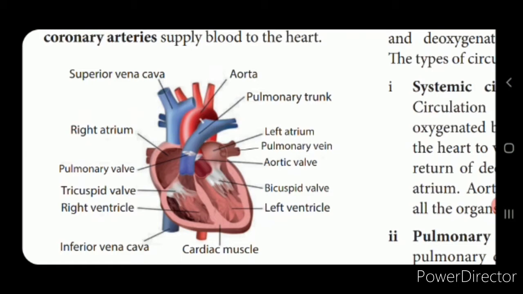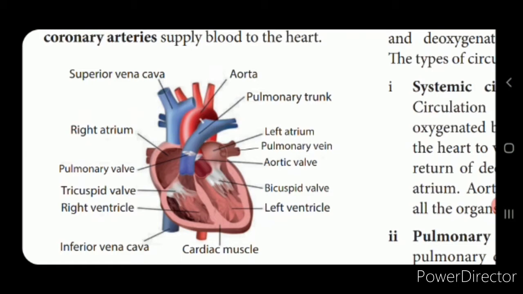Next we'll see the valves that are present. Now these are the muscular flaps, right? A smaller membrane, you can say, divided into 3 types, which are called the right arterioventricular valve, left arterioventricular valve and semilunar valve. So these are the 3 types. Now let's see them one by one. The first one is the right arterioventricular valve. Now this is located between the right auricle and the left ventricle.